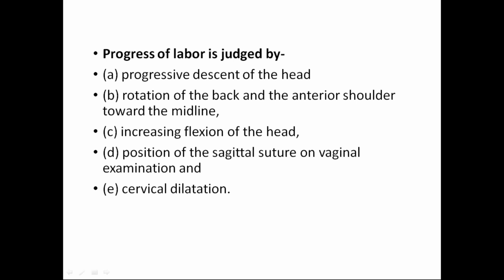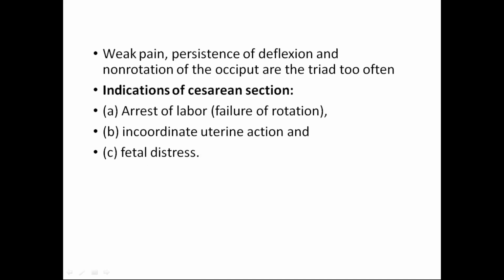Suppose everything is normal but uterine contraction is weak; you can start oxytocin to increase the contractions, because weak contraction may sometimes cause arrest of labor. In this case, suppose there is an arrest with no further descent for more than half an hour to one hour, you wait. If there is still no further descent, then operate.